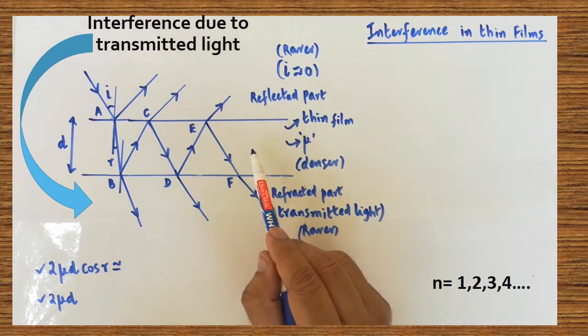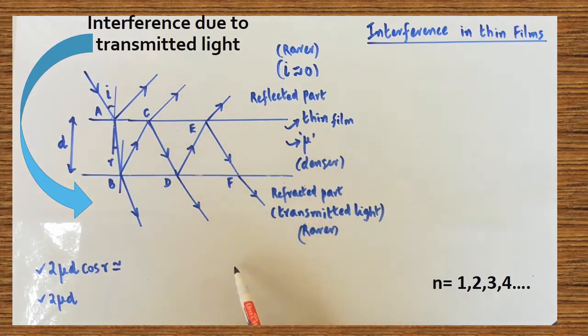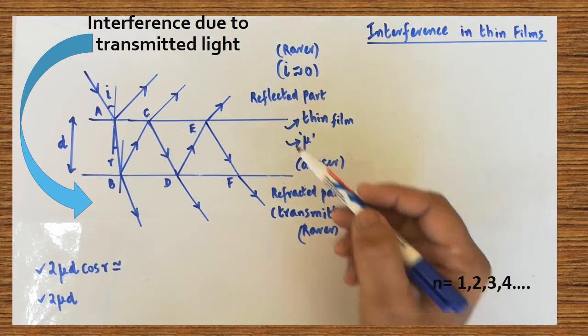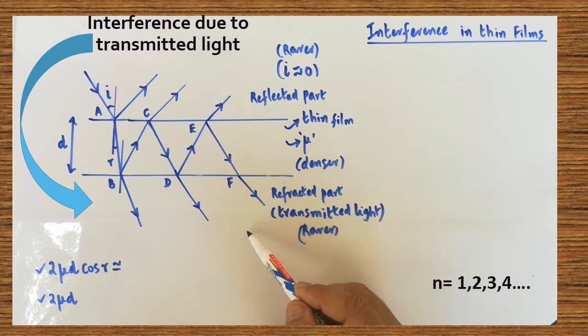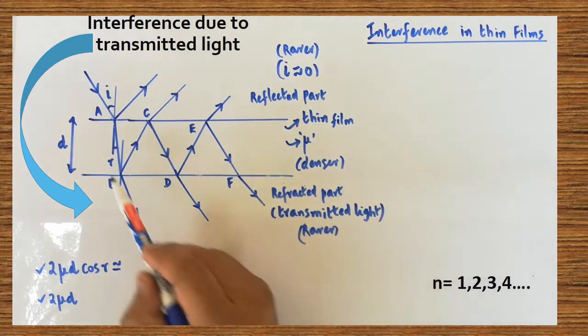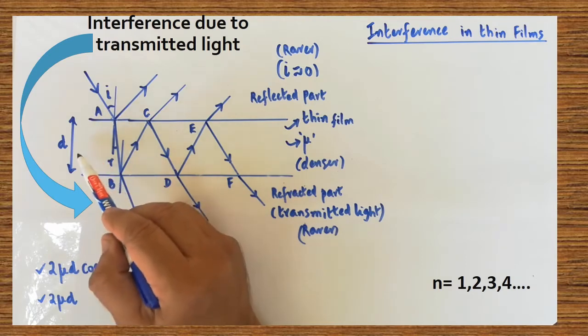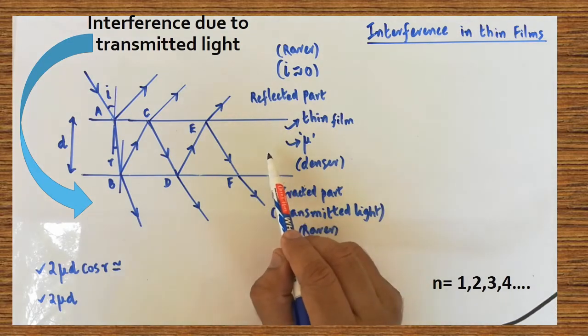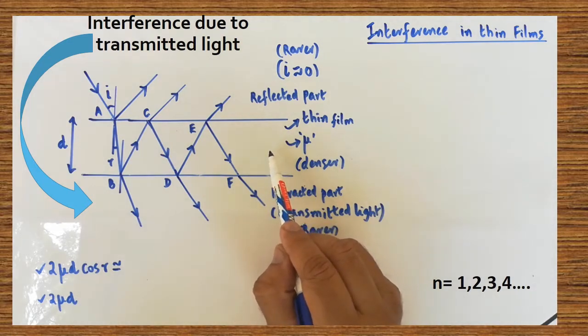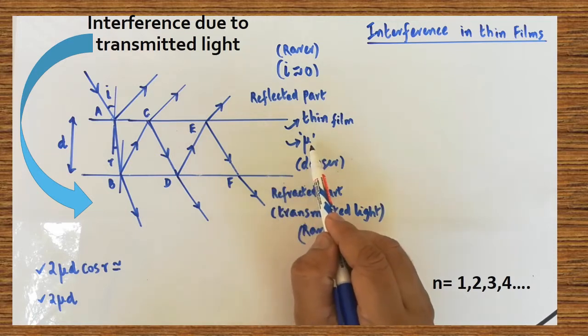So this is a soap bubble, formed on the surface of the water. In between the water surface and the soap bubble, vacuum is there. That vacuum should be treated as the rarer medium. Air medium, water layer, soap bubble medium, and then vacuum. So three mediums are here. The thickness of the thin film must be taken as small d. Are you clear? The denser medium, the soap bubble, is made up of the water layer. The refractive index of the thin film is mu. So the refractive index value is very important.